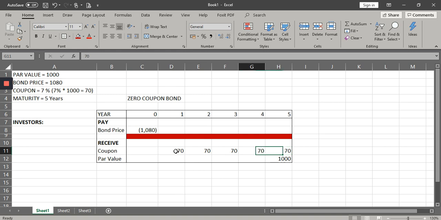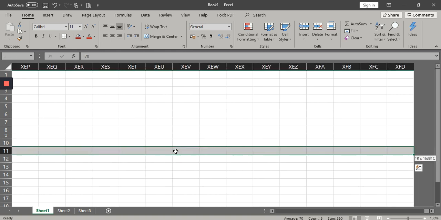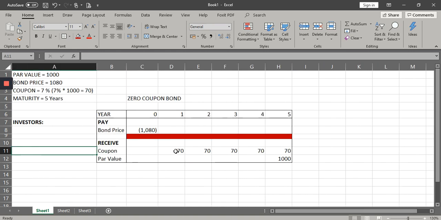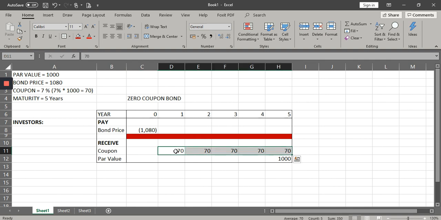There is no coupon. That is the meaning of zero coupon bond. Zero coupon bond means you don't pay any coupon. Then how does it work? In that case, your bond price will be